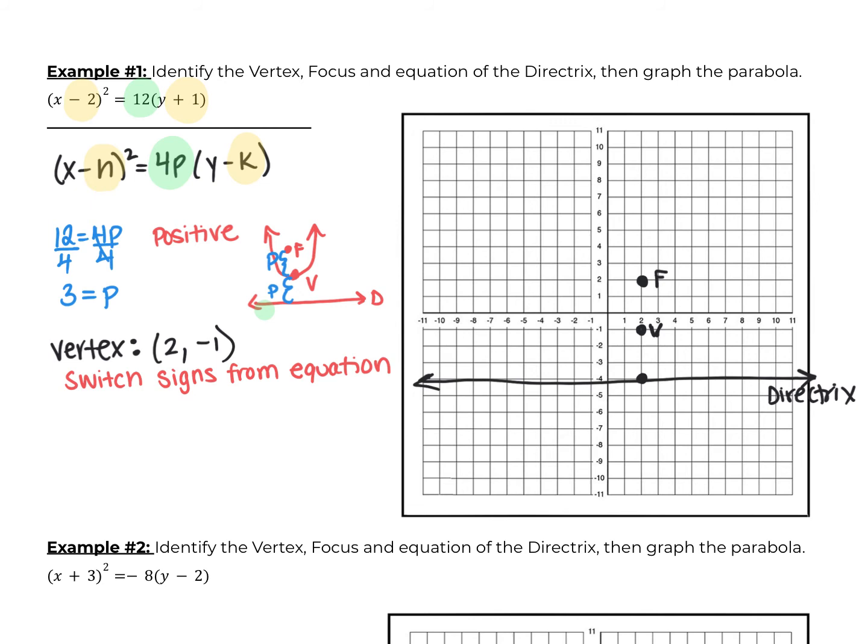Now, to be more exact, there is another definition that we could use. Since p is 3, we can actually double that, which would be 6, right? 3 times 2 is 6. And we're going to go 6 units from the focus. 1, 2, 3, 4, 5, 6. And 6 units to the left of the focus. 1, 2, 3, 4, 5, 6. So the definition says that the distance from the focus to a point on the parabola is 2 times p. Same thing here, 2 times p, which is 6 if p is 3. So we can create our parabola equation through our vertex